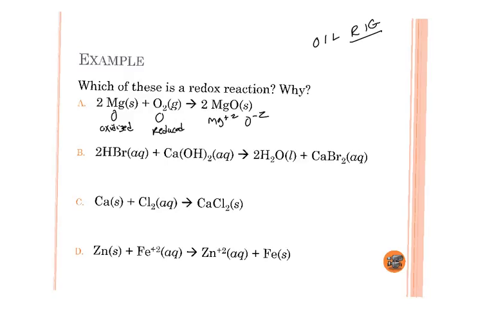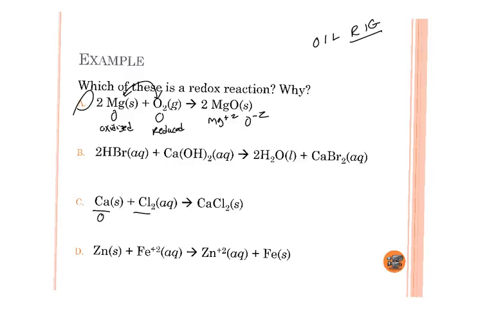C, calcium plus chlorine gas gives us calcium chloride. Notice this is a metal and a nonmetal combining. This can also be according to rule 1, because it's a metal and a nonmetal. Again, this is in its normal form, calcium in its solid form 0, chlorine in its gaseous form is 0. Suddenly calcium, when it bonds, has a positive 2 charge, and the chlorine has a negative 1 charge. So you see the calcium